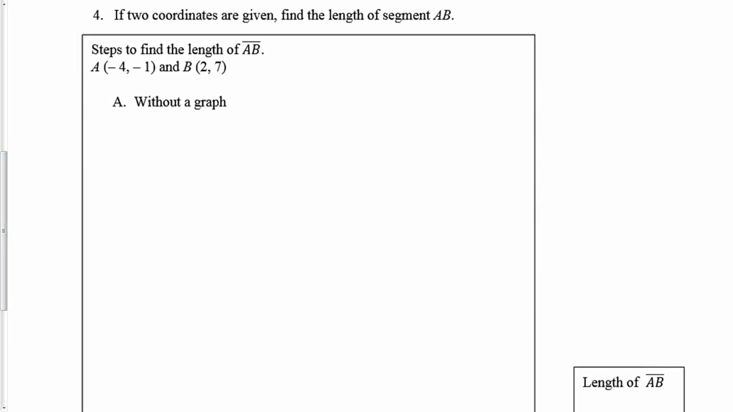So number 4 is now saying the same thing. 2 coordinates are given. Find the length of segment AB. So now I don't have a graph. It wasn't given to me. If I had a graph, I could plot the points and then do exactly what I just did. But I've been given this without a graph. So what we're going to do with this one is really what we were doing before. We're going to find the distance or the length